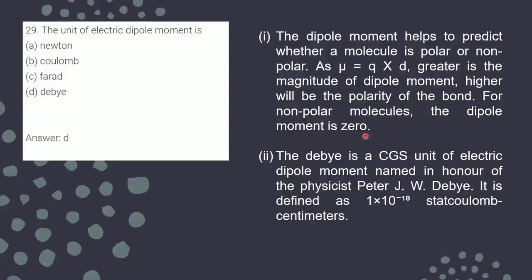Positive and negative charges are not separated, so D will be 0, and when D is 0, then this mu, which is again the symbol of dipole moment, will be 0. We can write it by small p, we can write it by mu as well. Both are symbols for dipole moment, and q is the charge, D is the distance between them. This way also I can write the dipole moment, or we can write q into 2a, then D is taken as twice of a. So whatever way you feel comfortable you can write. There is no hard and fast rule that you have to write 2a only, but you should have the basic understanding about the dipole moment.